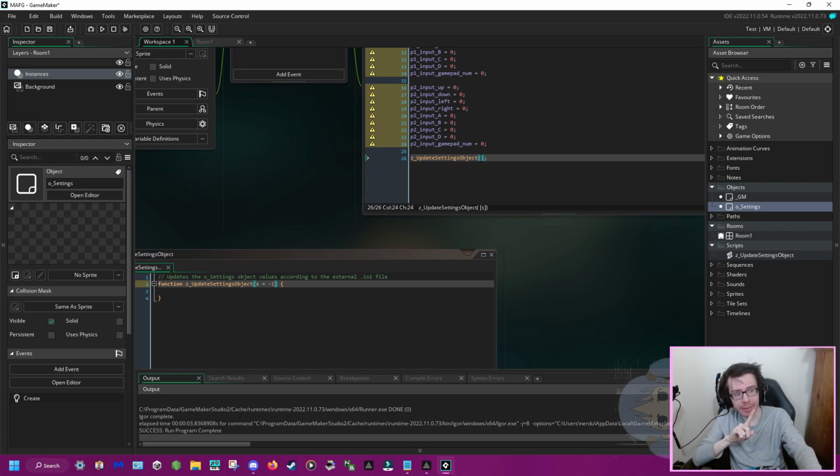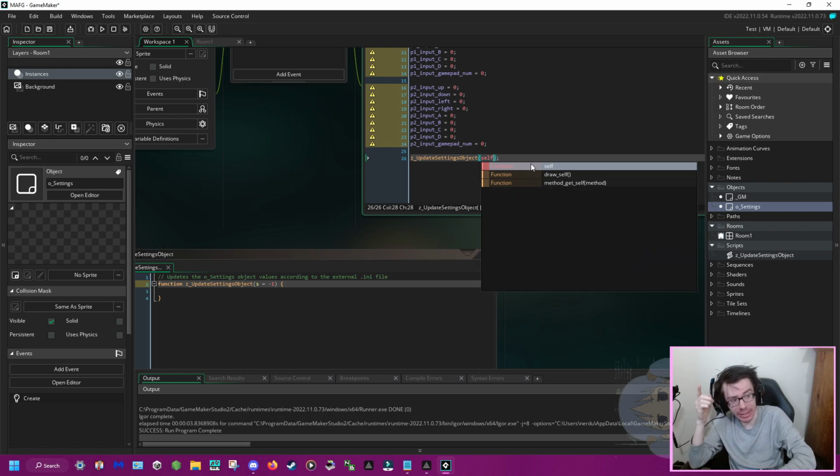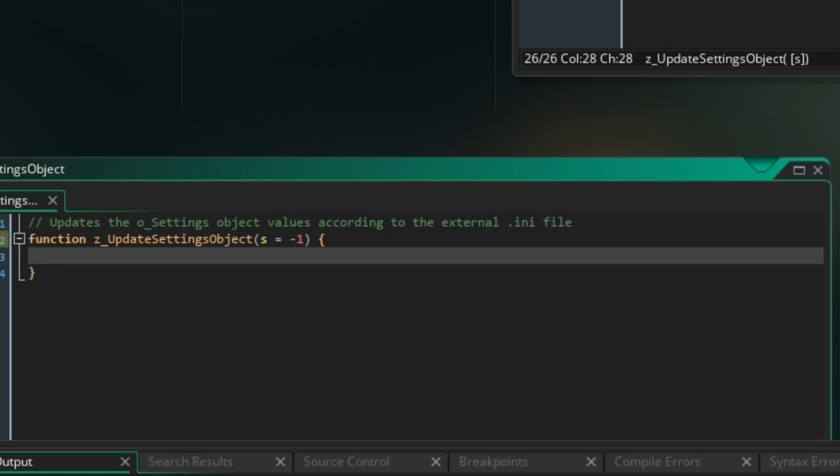And if we leave this empty, this function will treat S as -1. Or we could give it something. And specifically, I want to give it self, because if I don't give it self, it breaks. But what I'm going to do is that if S equals -1, that means they didn't pass in an S value. So we can say S equals